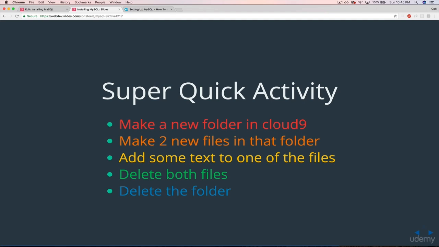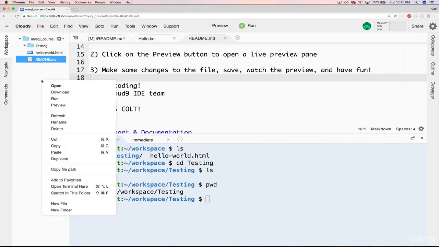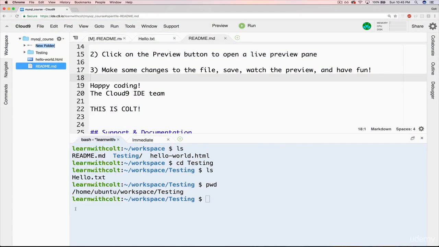If you'd like to do that, go ahead and do it now, and then in just a couple seconds, I'll have a solution. 3, 2, 1. Pencils down. All right, so to make a new folder, we can just right click, new folder, and we'll just